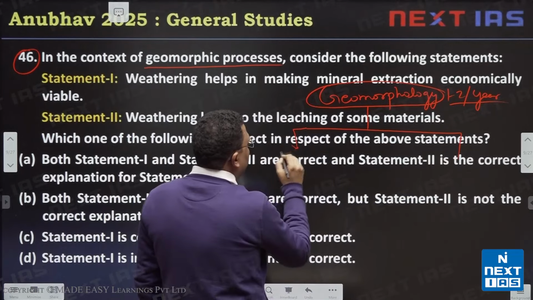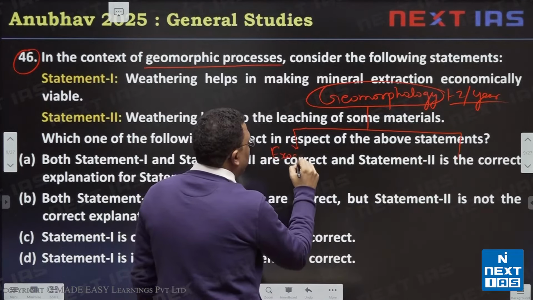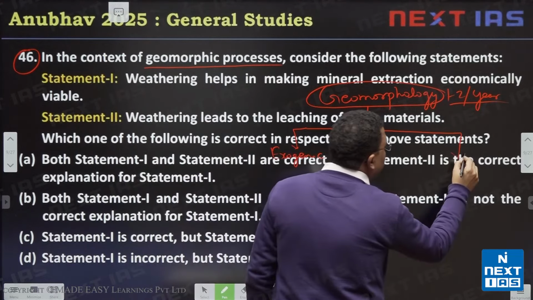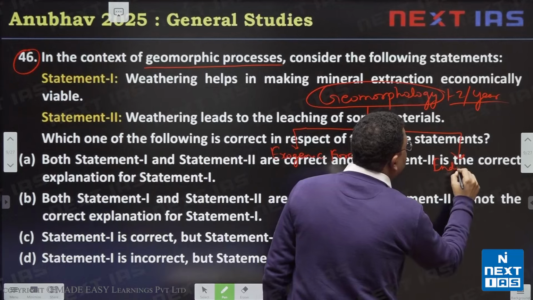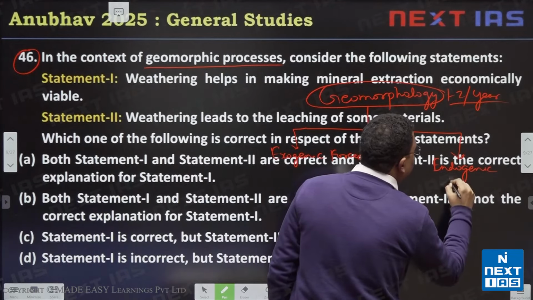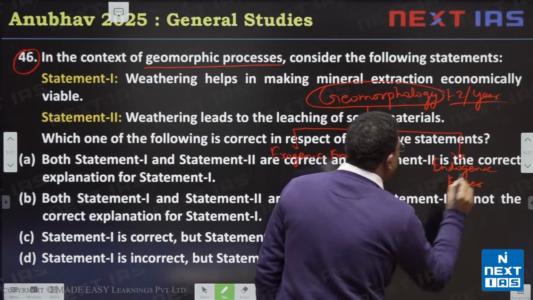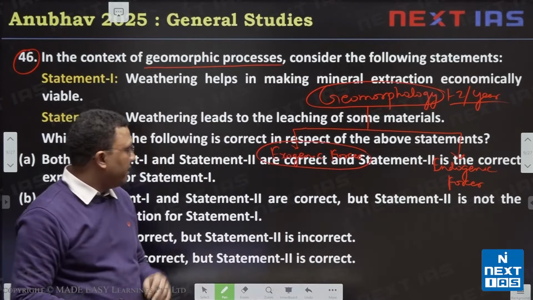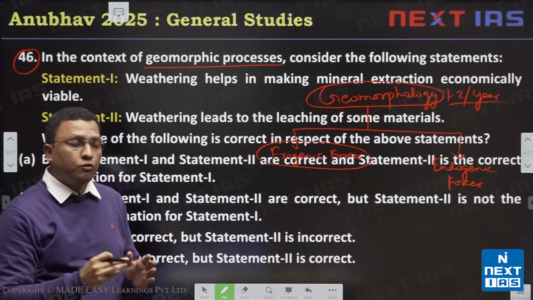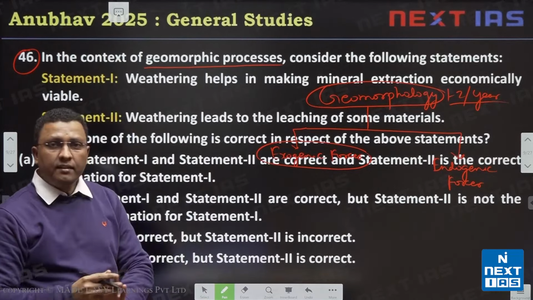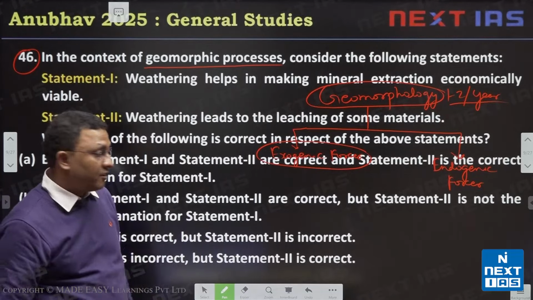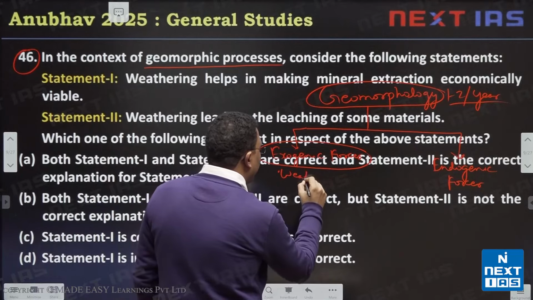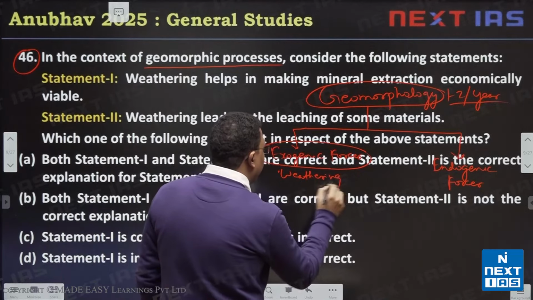First is exogenic forces, and second is endogenic forces. So what is exogenic forces? Exogenic forces are basically those forces which are external to earth and keep bringing changes on the land surface. So among these exogenic forces, weathering and erosion